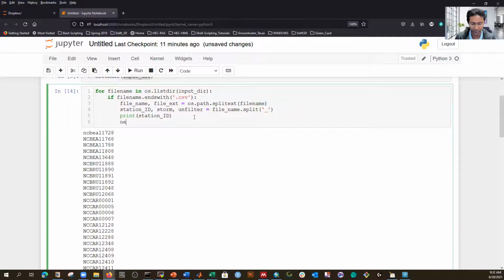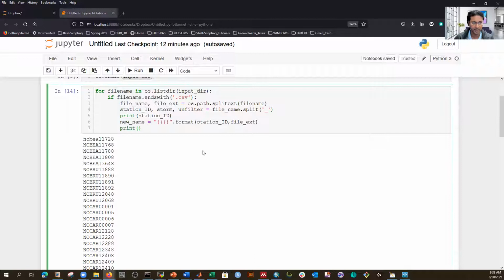So now it will be the new name. I'm giving it as new_name. What will the new name be? At first we have to create that name. So if you use a formatted string, that is the command for a formatted string. If you use curly brackets, because we'll have two parts, and then you have to write format, right? Inside that format, the first part will be the station ID, and the second part will be the extension, right? We have the extension as file_extension. Then you'll have the new name. If we print the new name,